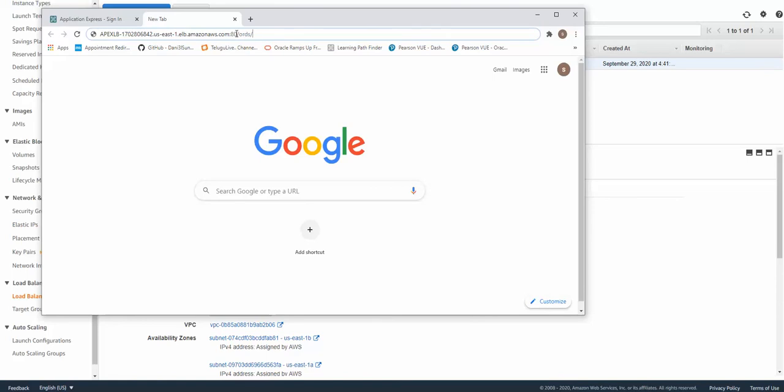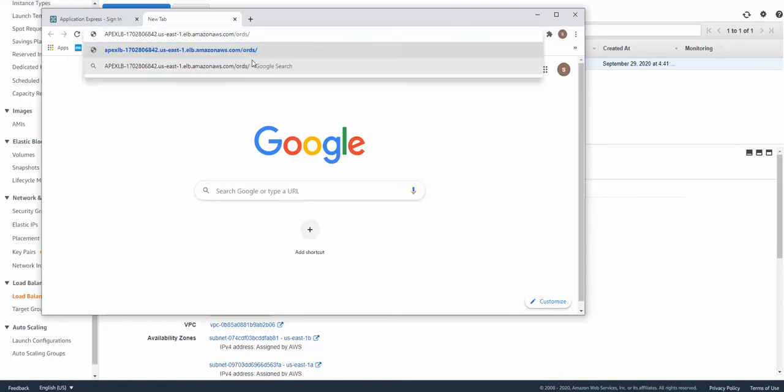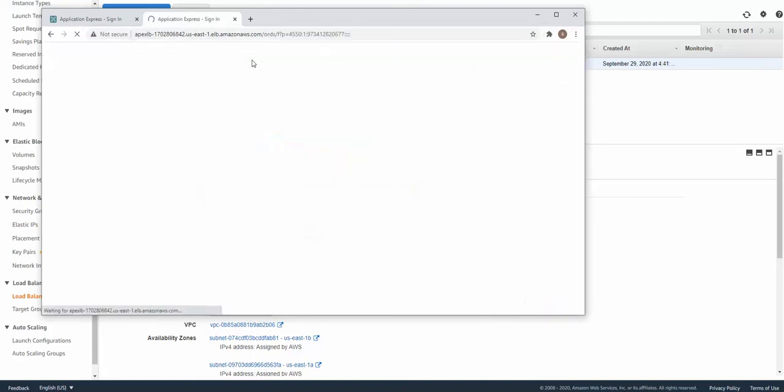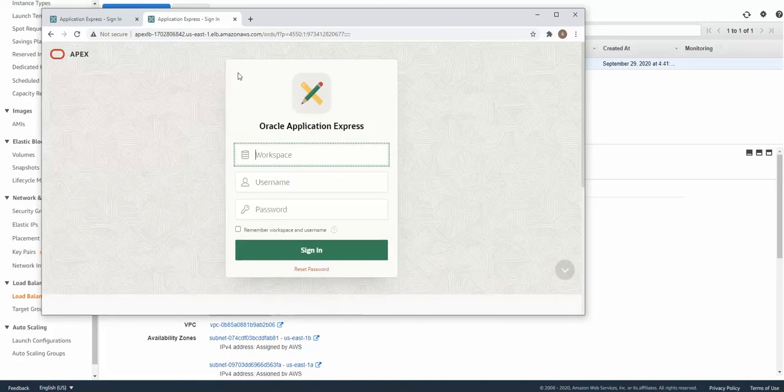You can put the default port 80, and since it's a default port, you don't even need to place anything. So just the load balancer URL, slash ORDS. Alright, the load balancer is able to connect to the ORDS instance and get that information.